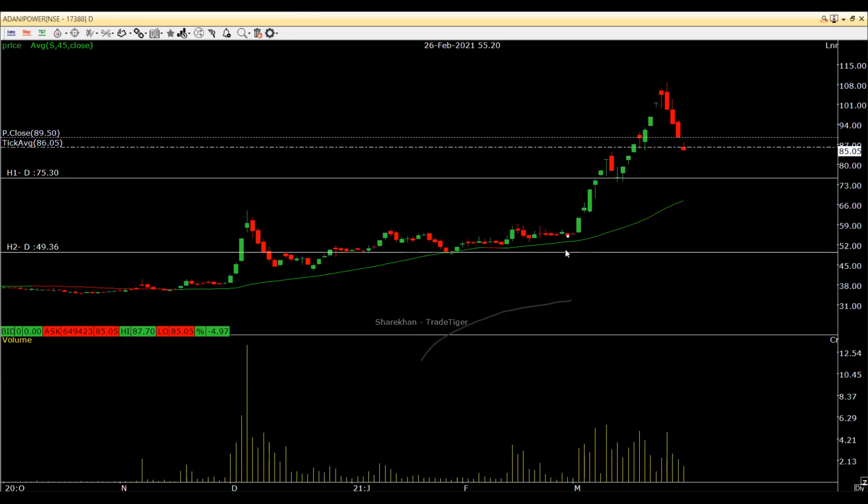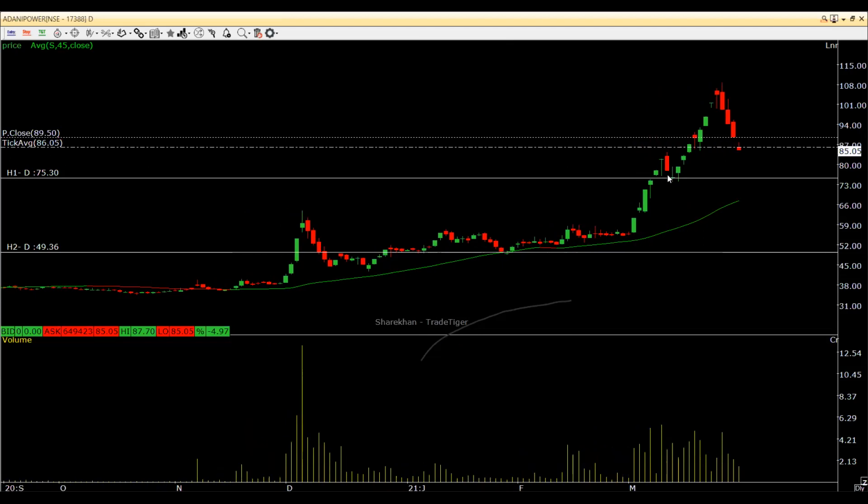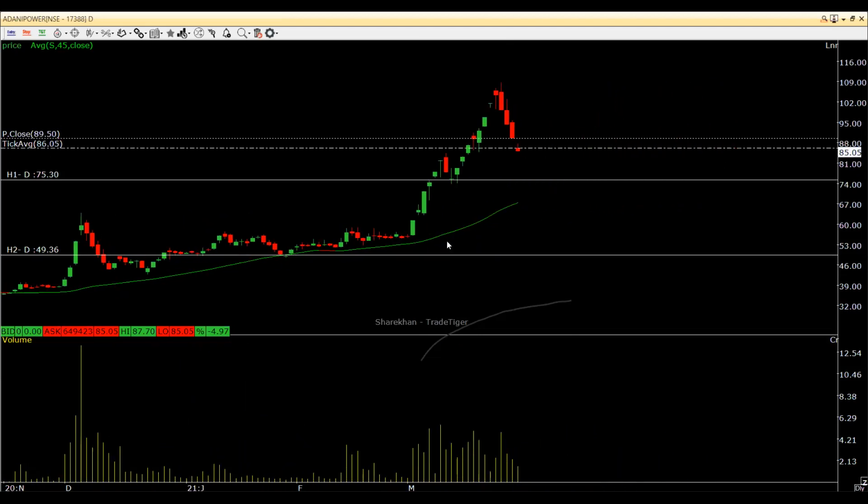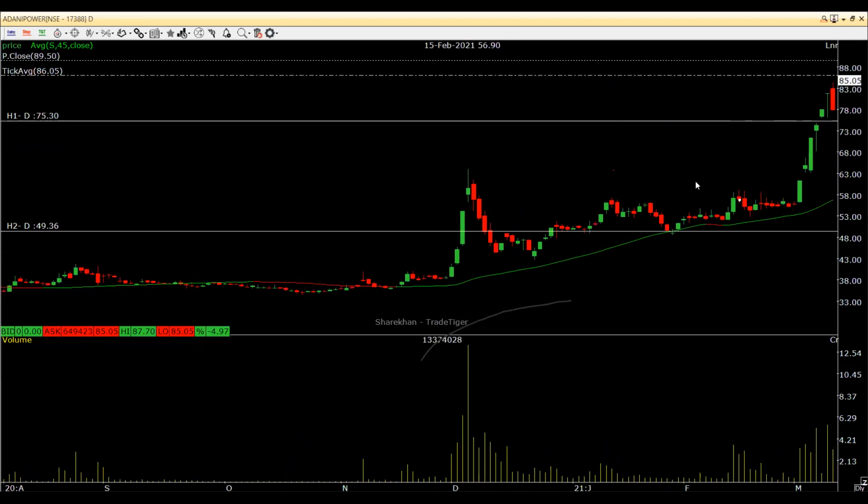And the next buy zone is too low down. The next buy zone is here, after this, to this. So you would probably be good buying here and then buying here. But strictly, if you look at it,